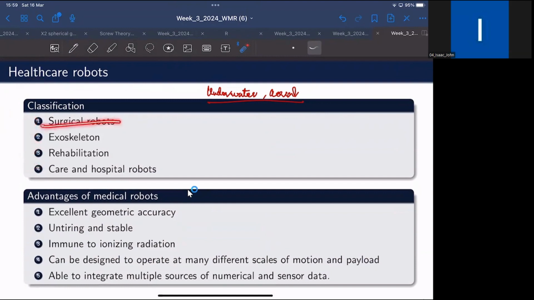Healthcare robots can be classified as such. It could be surgical robots, where we could use robots for surgical applications. We could employ healthcare robots as exoskeletons, to enhance the capability of a human using artificial muscles and all those things, so that we can manipulate something that is too heavy for a human being. We can also use robots for rehabilitation, to restore the strength of the muscles and knees for patients